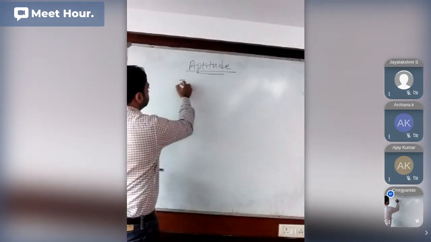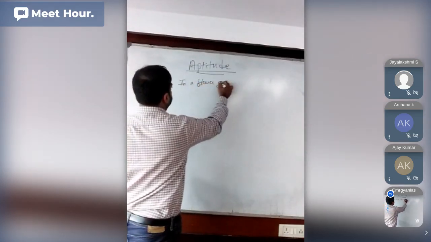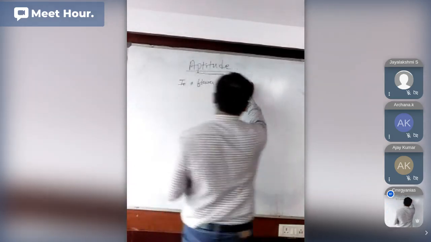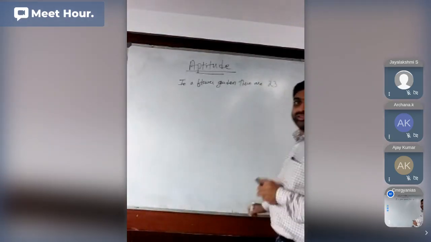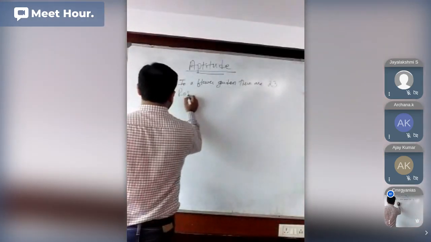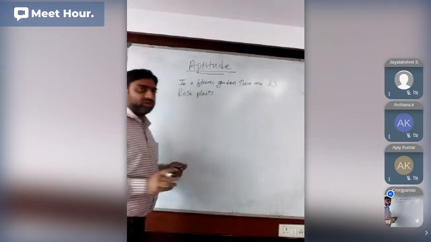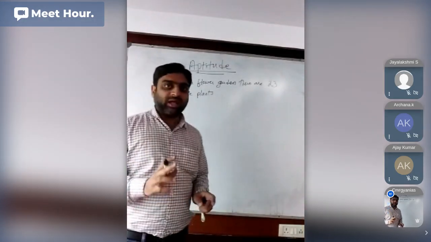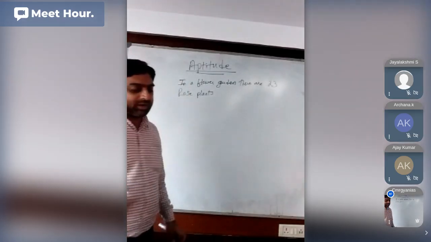The question goes like this. In a flower garden, there are 23 rose plants. They have tried to also confuse the aspirants with the wordings. They have used ROSE rose and they have also used ROWS rows. Okay, 23 rose plants